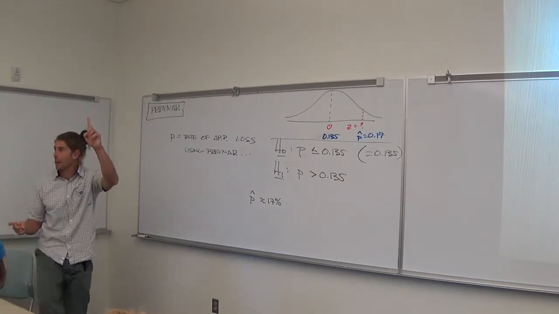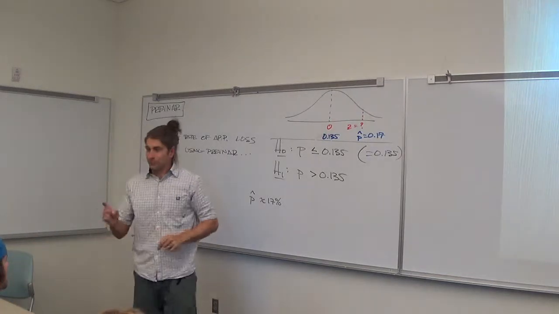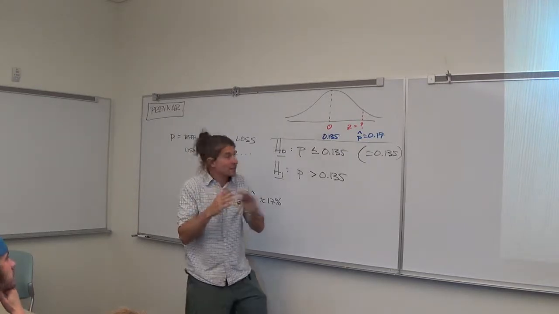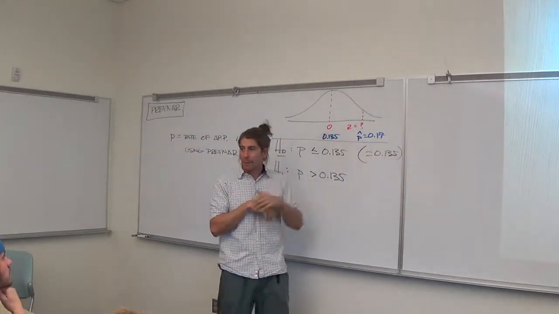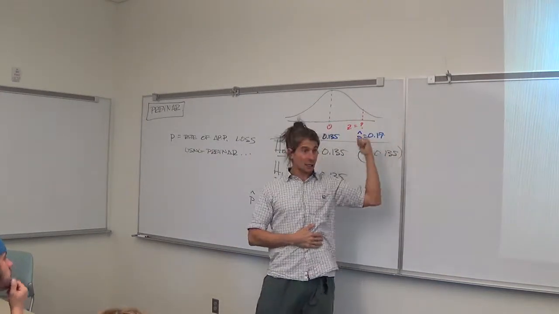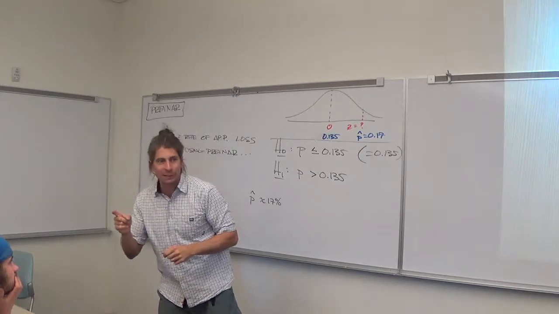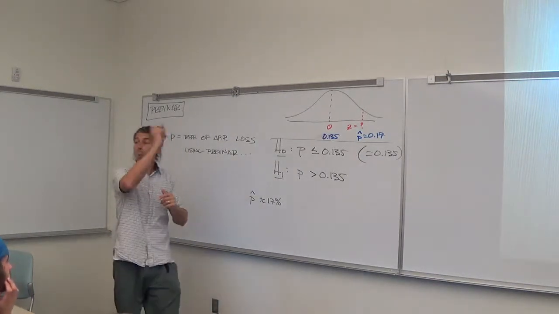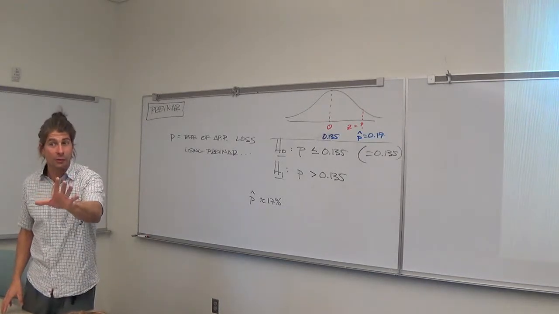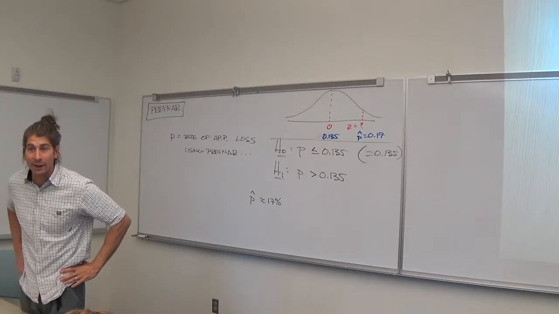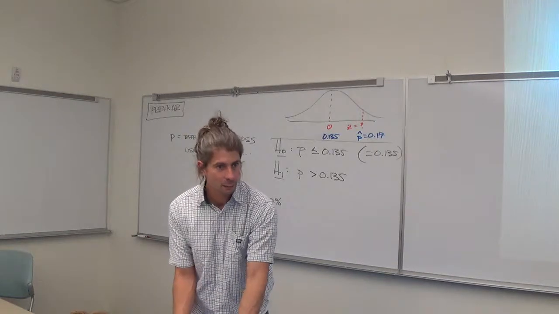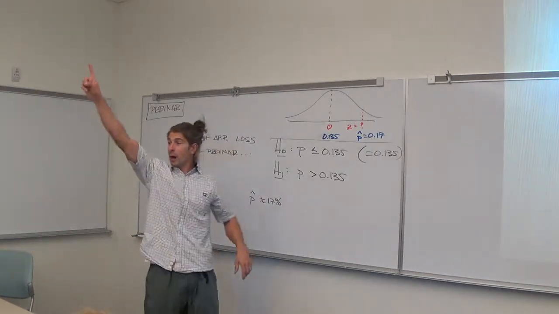Why? To push you into that 5% region. In order for it to be a false positive, the kick is that it's positive. In order to have a positive test result, you must be far away from the hypothesized mean. So you have to be pretty far away from 0, which would make a very small p-value, wouldn't it? You have to be far away to have a small p-value. And that's what makes a positive test result. Whether it's true or false, you get a small p-value for either of those. So we don't know that yet. We haven't calculated our p-value yet, have we? We're getting there, we're getting there. Type 2 error!